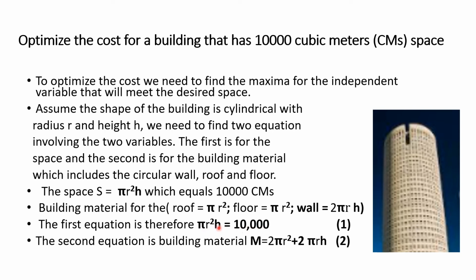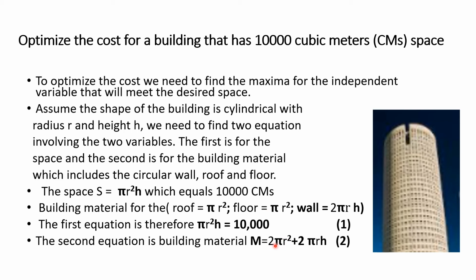Pi r square h, which is the space for the building. So the space for the building is pi r square h equal to 10,000. That's our first equation. Our second equation is the building material. Capital M equal to 2 pi r square, where 2 pi r square refers to the roof and the floor. And like I said, the cost for the roof and the floor are the same, and that's why we're adding